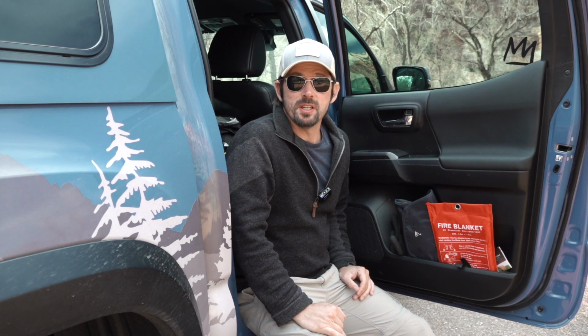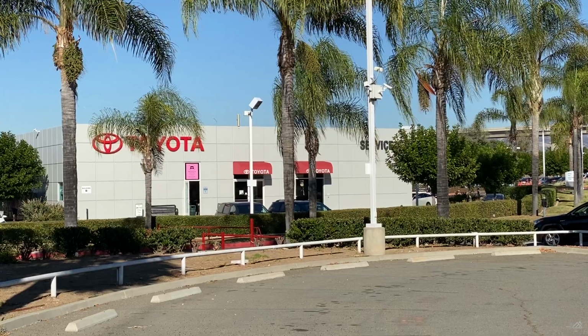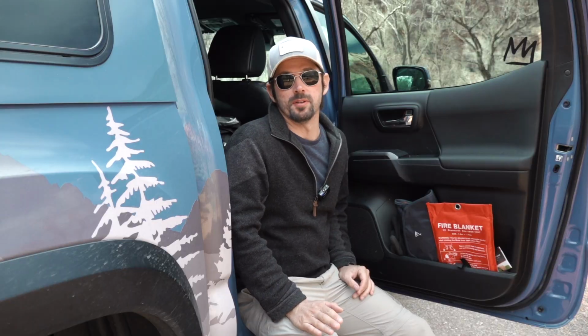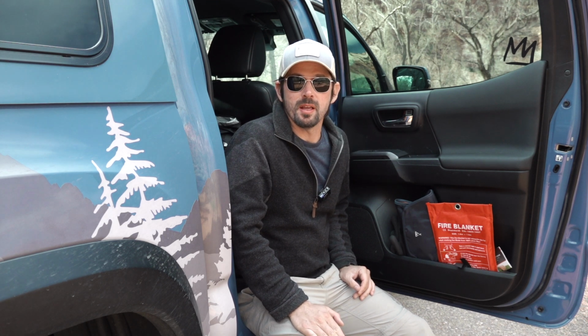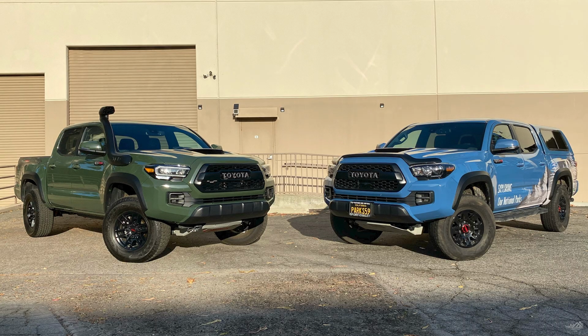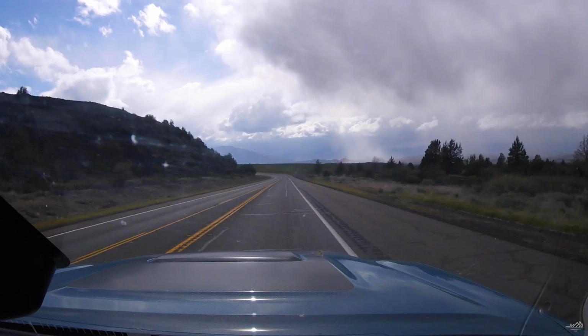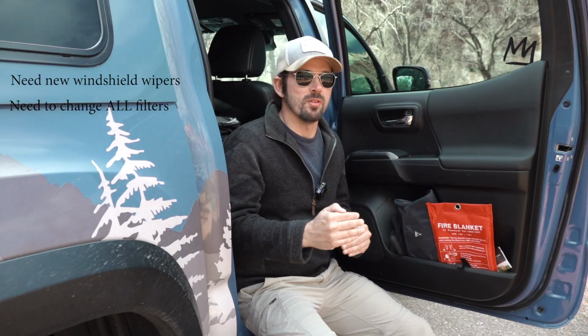On that note of dealerships, that's gonna be my one big complaint about this truck. It's not a complaint about the truck, it's about the Toyota dealerships. I'm sorry to say, but they're awful. I'm really gonna start looking into taking it to a third party, because the dealerships for Toyota, at least the ones I've been to, they're horrendous. I'm sorry to say it. Since I've owned this truck, I've taken it to probably about 6 or 7 dealerships. It's nothing crazy. Each time I go in, they just tell me, oh, I gotta do this, this, this, this,